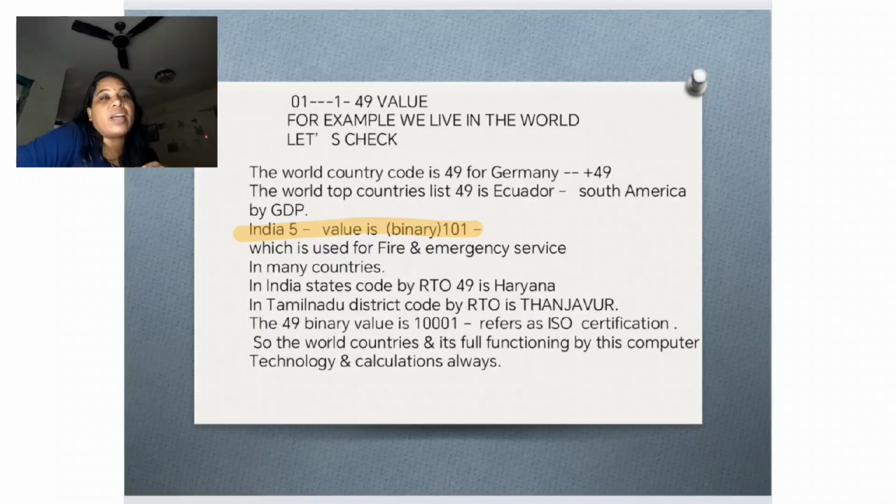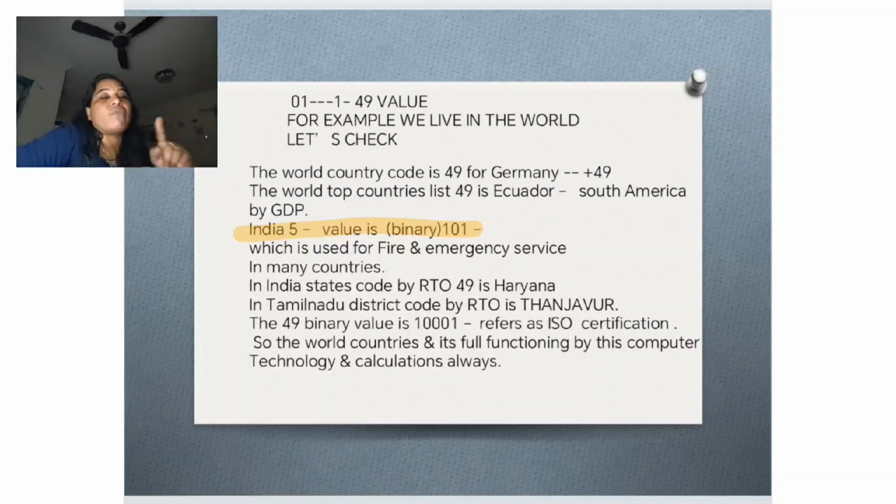And in India, state codes are given by the RTO, the regional transport office. We take that 49. Number 49 is a state code used by the RTO. Regional transport wise, 49 is the state code for Haryana in India. And in Tamil Nadu, the RTO 49 district name is Tanjavur. If you take 49, the binary value is